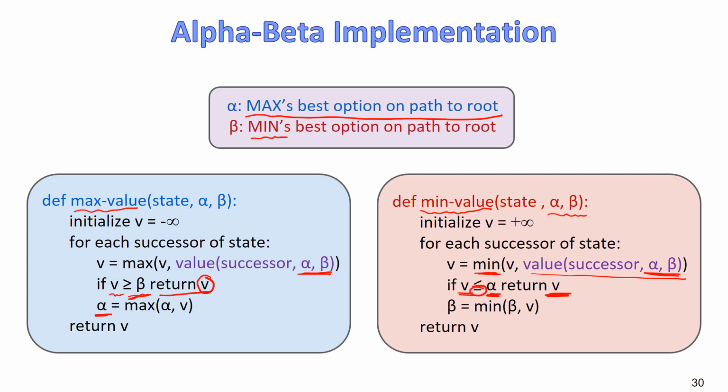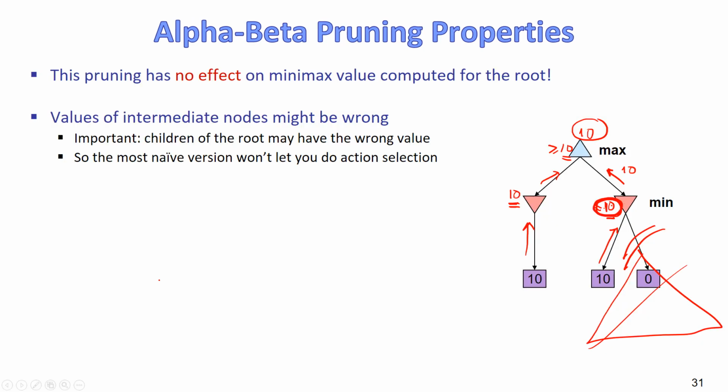Okay, so here you see there is an equality, and here there is an equality. So make it just an inequality. Prune only if we are strictly less than alpha, or strictly above beta. In this case, we will never have ties. Okay, and we will not have this problem. Or a third way